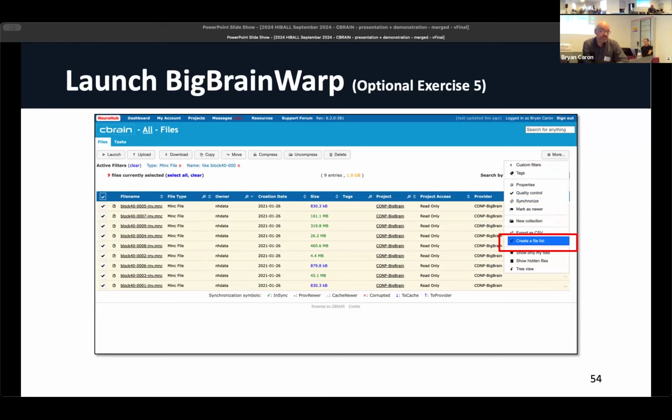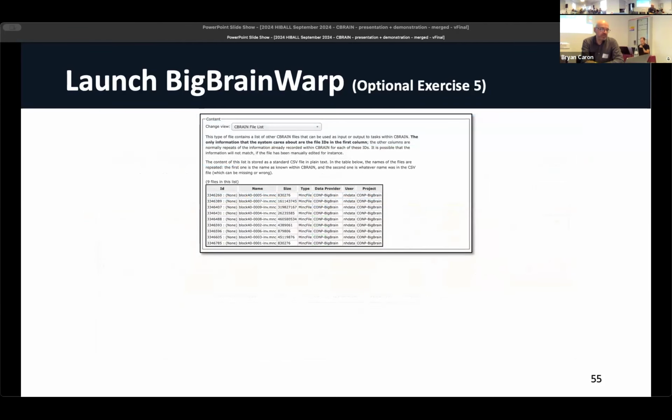So what, like I said, that does, it provides a way of creating, say, okay, I've identified what I want of interest. I want to put them all as a collection together of objects of interest that I want to process. And if you click on Create a File List, it'll then give you output showing you what the content of that file list is to say, okay, here's what you've done. Much of this, of course, is internal to CBRAIN, but it just gives you an idea of what it does. It actually then organizes all these files into a list that CBRAIN can then parse automatically, okay?